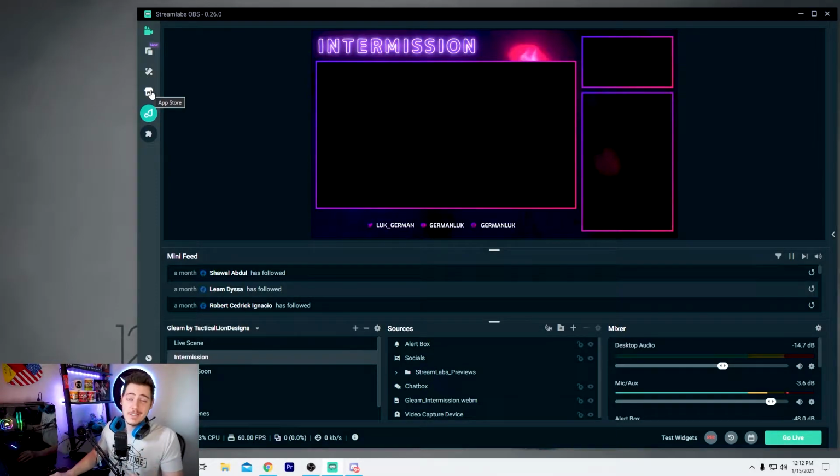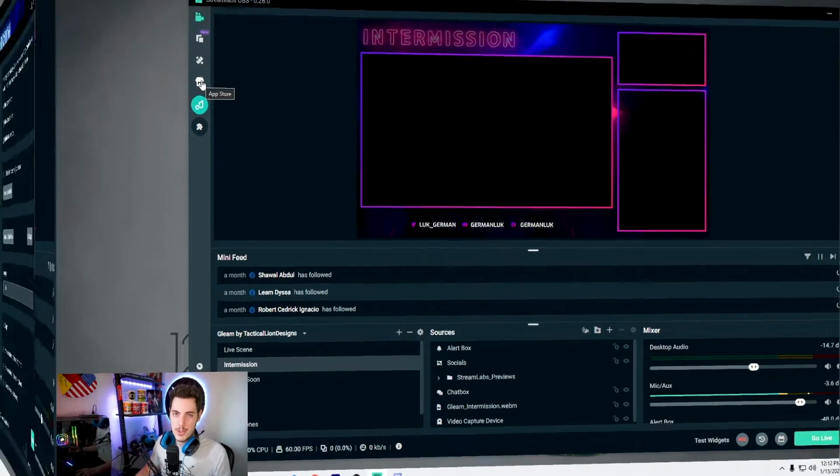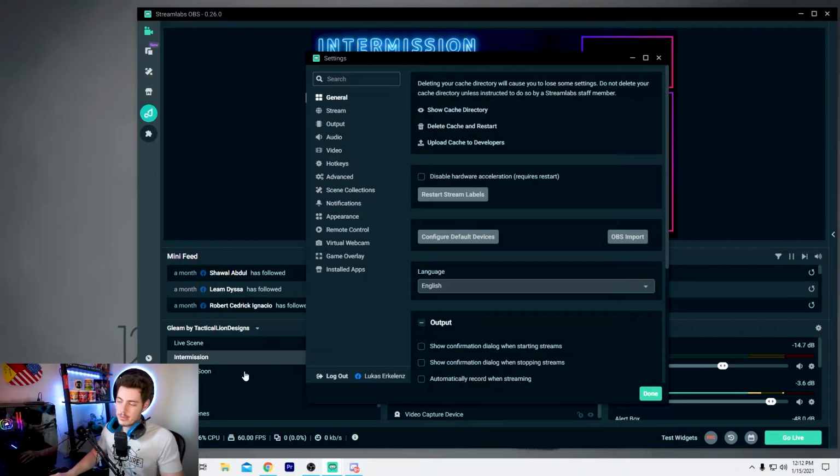Makes it really easy. If you're a little bit more familiar with it, I would highly recommend you use OBS Studio. I think it has a little bit more customization. It is a little bit easier on your CPU if you want to save a couple percentage there, but really it's up to you. So once you download the software, Streamlabs OBS in this case, you will go to your settings,